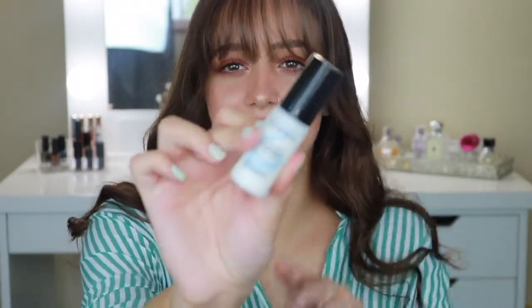And then the next thing I got is kind of along the same lines of that. This is the Smashbox Photo Finish Primerizer. This is supposed to be just kind of like an added layer of moisture along with like a primer. So it's like a 2-in-1 primerizer. It's like primer and moisturizer. So I'm really excited to try this as well. And this is like a small size. This is only 0.5 fluid ounces, but this is quite a bit of product, and I feel like it's definitely